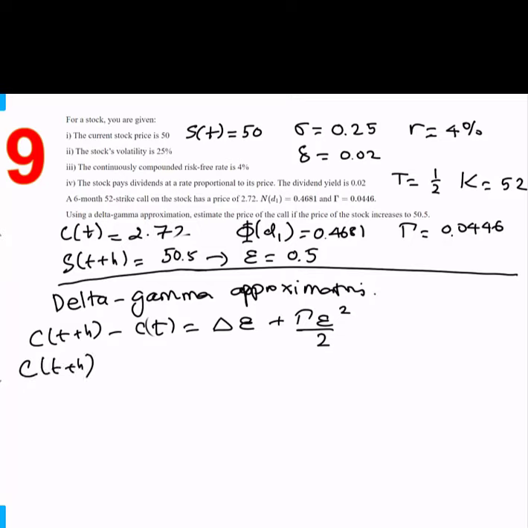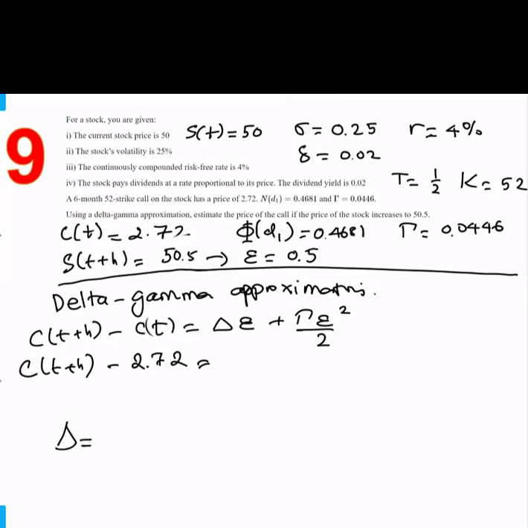C(T+h) is what we want to find. C(T) is given, which is 2.72. Now delta, remember for a call option,